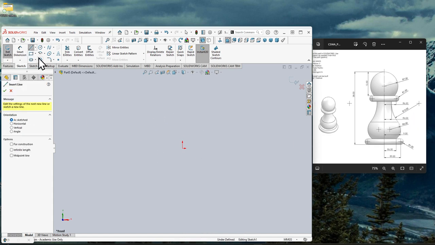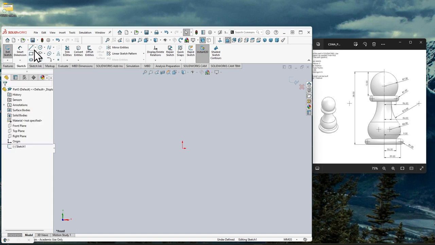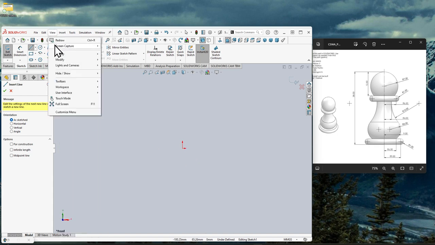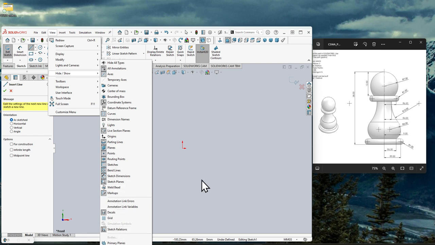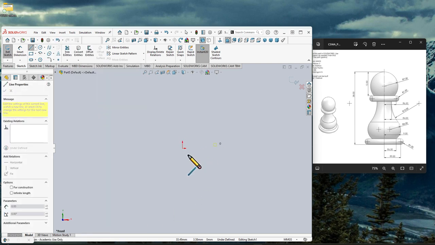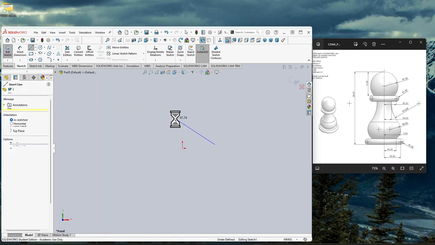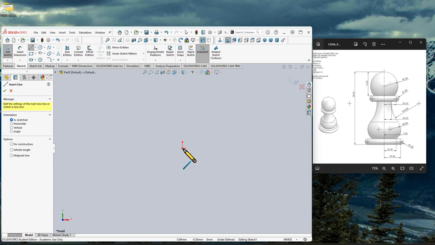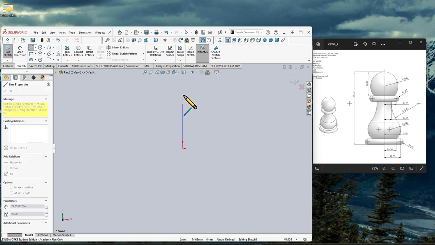So we are going to click on the line tool in its glory, its original form, starting at the origin. Again, sketch relations along the way. I'm actually going to come back up here to view, because in the last video I turned them off, but I'm going to turn them back on because I'm going to make sure I'm doing them right. So now back to my sketch. Oops, I clicked wrong, so escape. Then go back to my line tool, starting at the origin, click on the orange dot, going up,